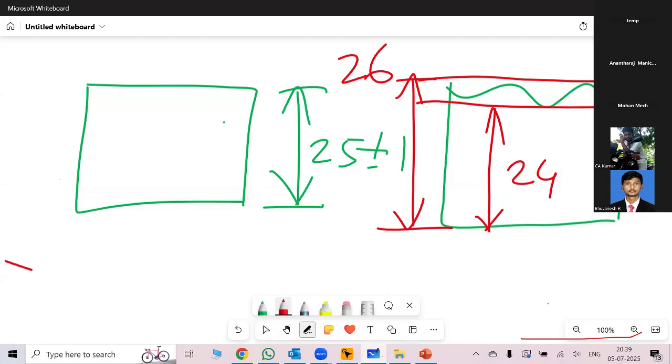The innermost diameter, if you're referring to a hole, and if that hole is independent, then you have to give cylindricity, not circularity. If that hole is dependent on the outside diameter, then you have to give position. As I told, concentricity is deleted. So a better option to control is position or total runout. So cylindricity if it is an individual feature, position or total runout if it is a related feature.